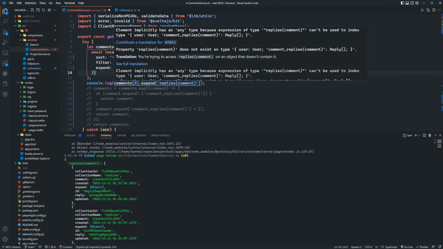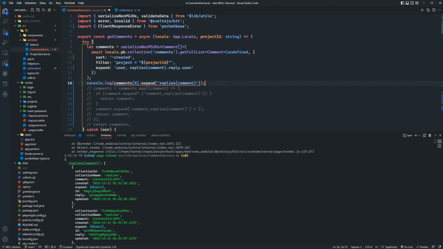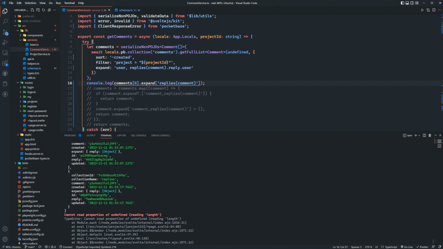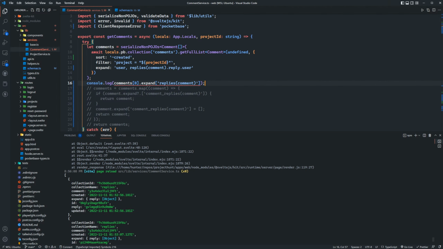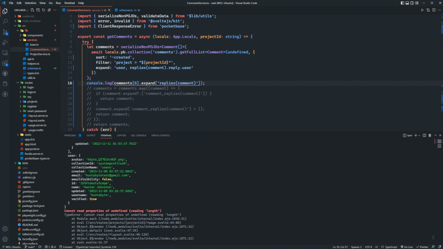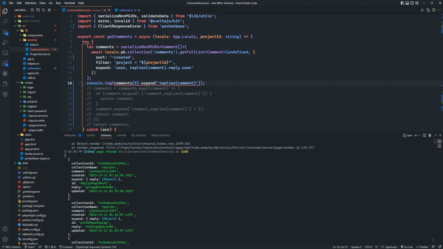That's fine, I think, at least for right now, because I don't have my types properly set up, but this should still work. Yeah, so these are all of these. Oh, I think I see what you're saying. I see what you're saying now. Okay, no, these are the actual reply entries. So these are the replies entries, and then this is going to be the actual comment, the reply slash comment in this object here. So then if I get this too,